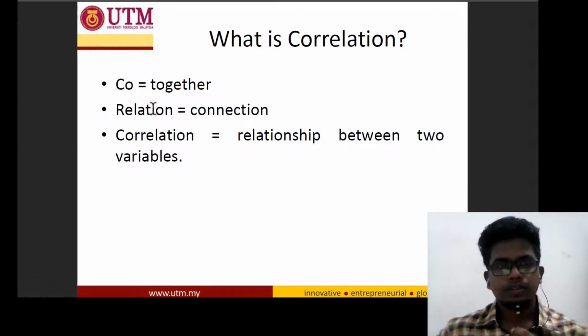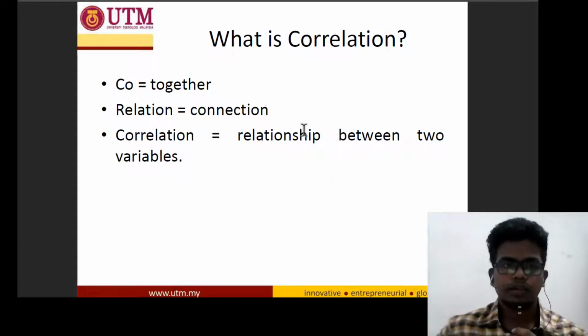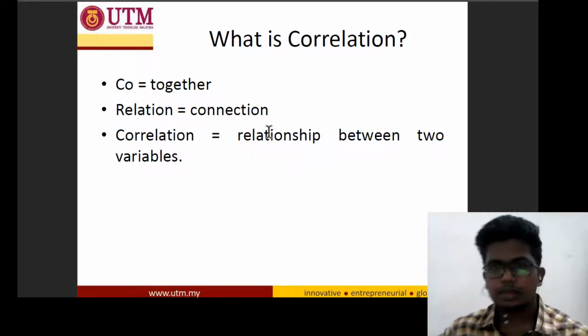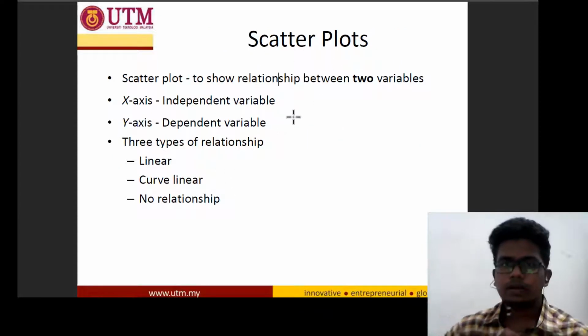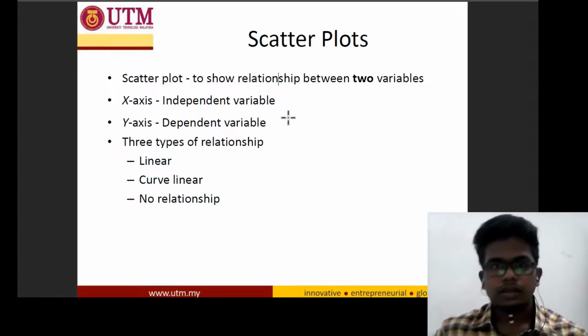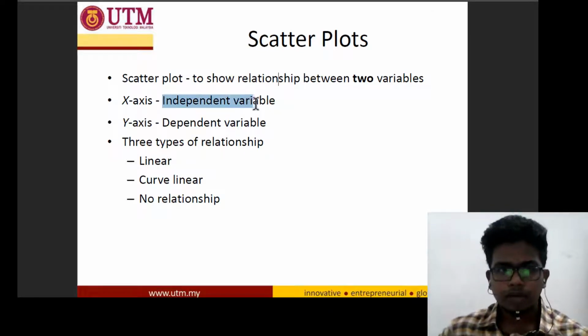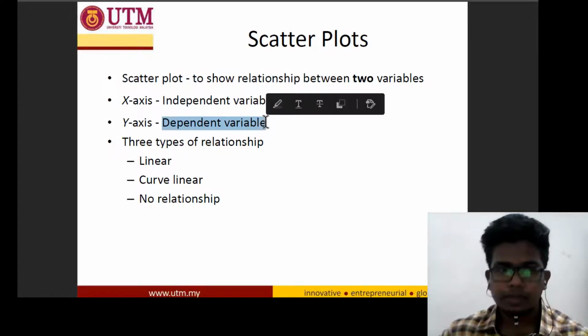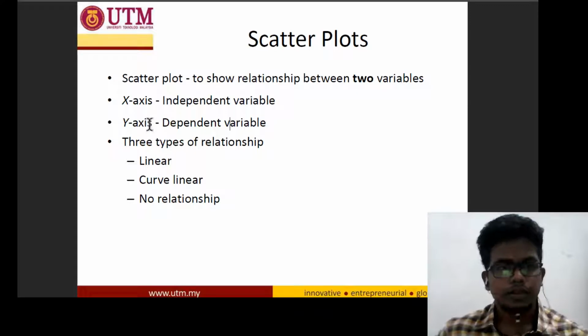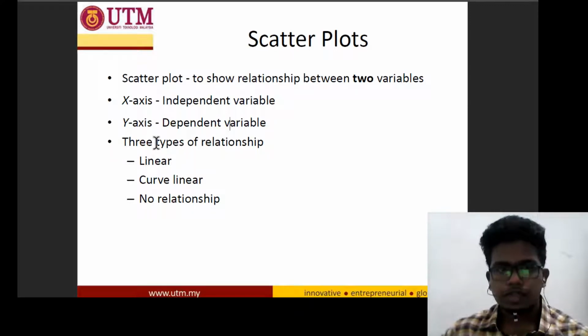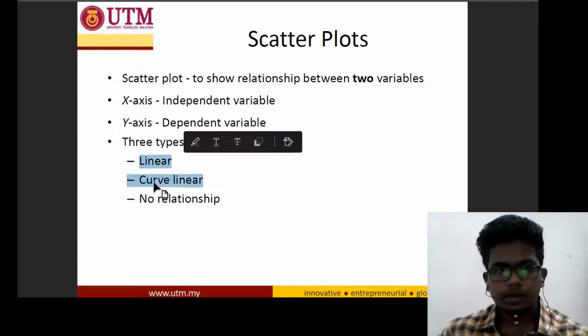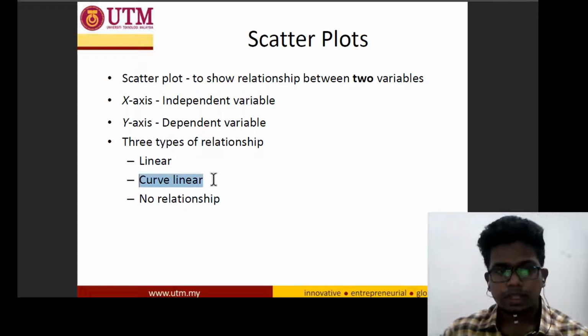So what is correlation? Correlation means co is for together and relation means connected. So when two variables have a relation, that means they have a correlation. In a scatter plot we can define this relation. There we can place one variable, which is independent, on the x-axis and another variable on the y-axis, which is the dependent variable. Okay, then three types of relation there will be: one is linear, one is curvilinear,